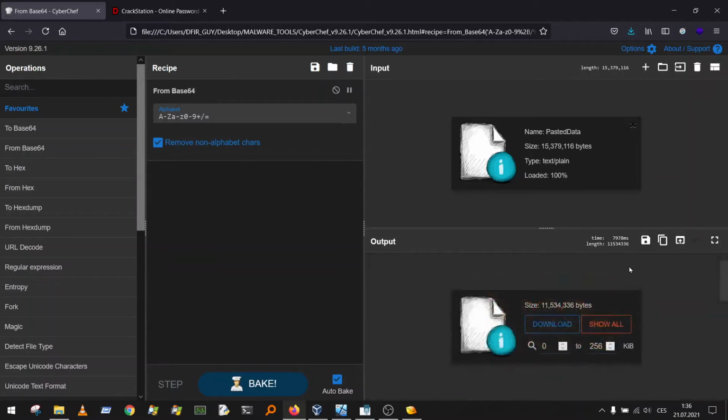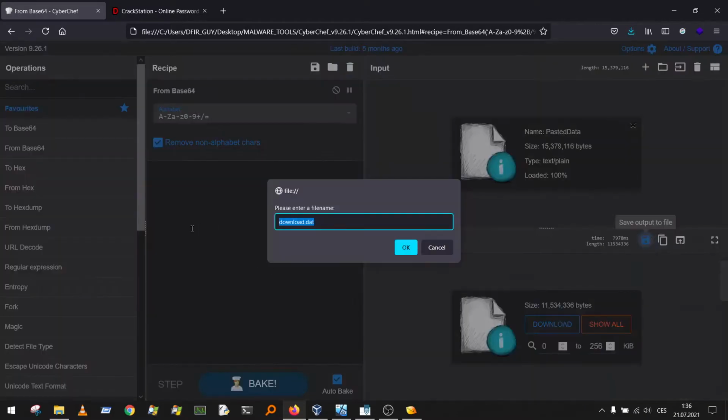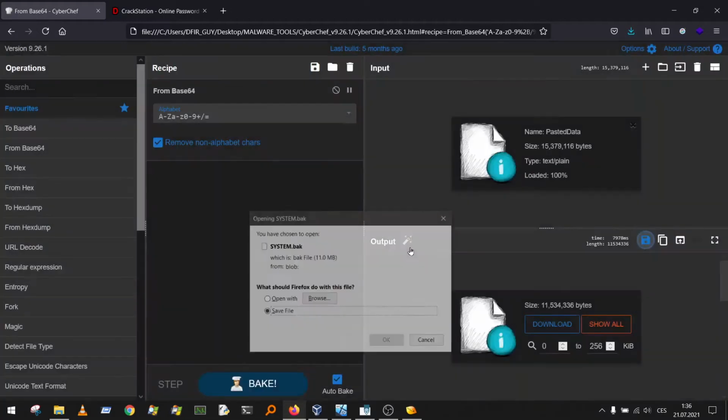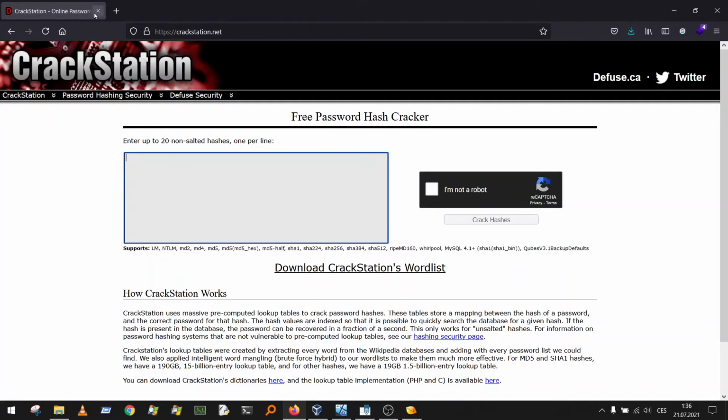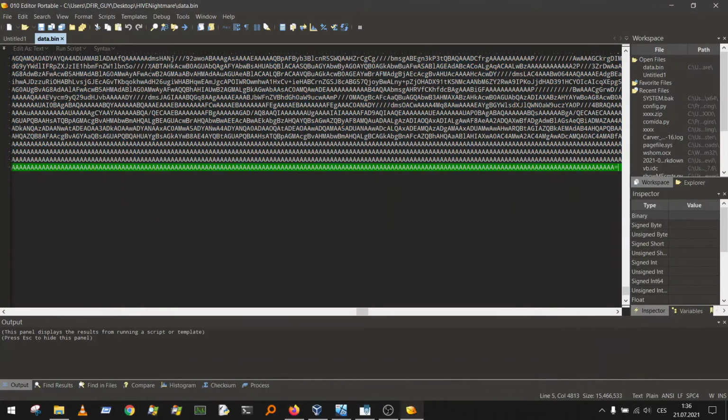Maybe you can use some .NET methods or a Python script to decode the base64, but this is quite enough. Save output to file, and System dot back. Okay, and save it, and that's all. Now you can minimize it,